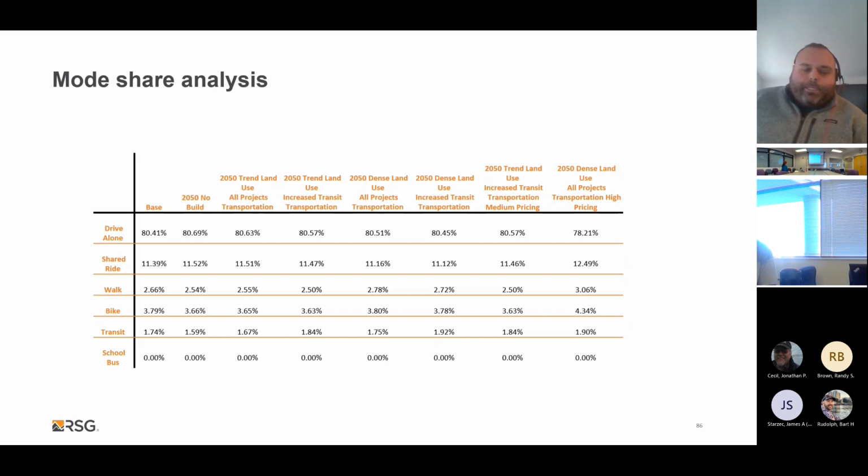So that's consistent with the enhancements that we made to sensitize the travel demand model to land use impacts. But it's important to note, even with elasticity, that the elasticities between mode shares, especially walk and bike, are really, really minor in a region. We're talking about 1 to 2% shifts in mode share for walking and biking for making improvements. So the relative elasticity is relatively small for walk and bike, and that's consistent with what we see across the country.